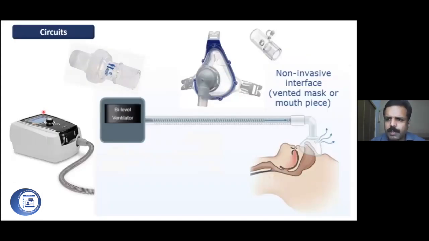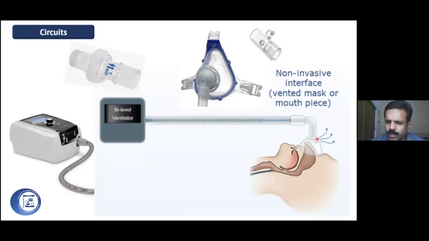Now, coming to the ventilator per se, here you can see we have different parts of the ventilator. First thing, this is a BiPAP ventilator, and this is a single limb circuit. Usually, we will have a two limb circuit. Here, only one limb will be there. That will go to the patient for inspiration, and the expiratory gas, whatever the patient exhales, will be leaking around the leak port.